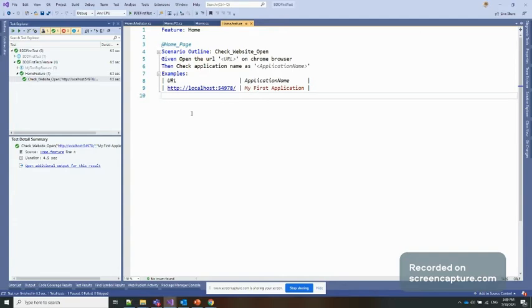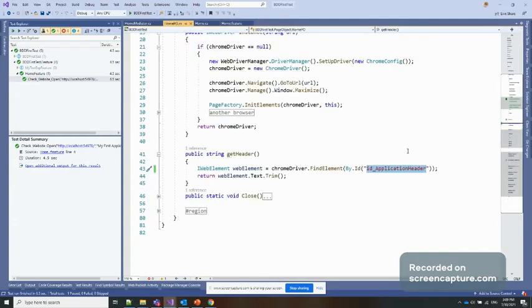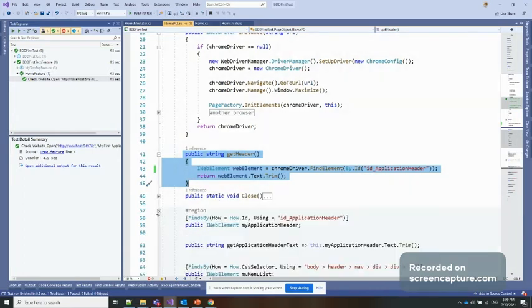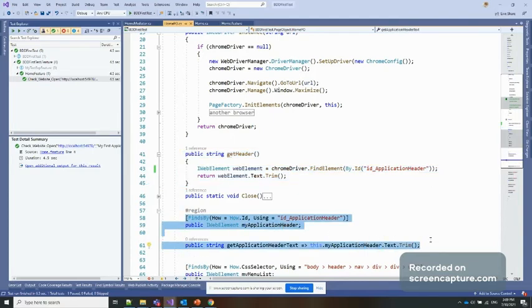Now coming to the other thing I mentioned, why I use this PageFactory.InitElements with chromeDriver and this. The objective is that this is one way to identify any IWebElement and then extract information from it. The other way, if I expand this, is this highlighted code. Whatever I wrote here, find element and so on, returns the IWebElement.